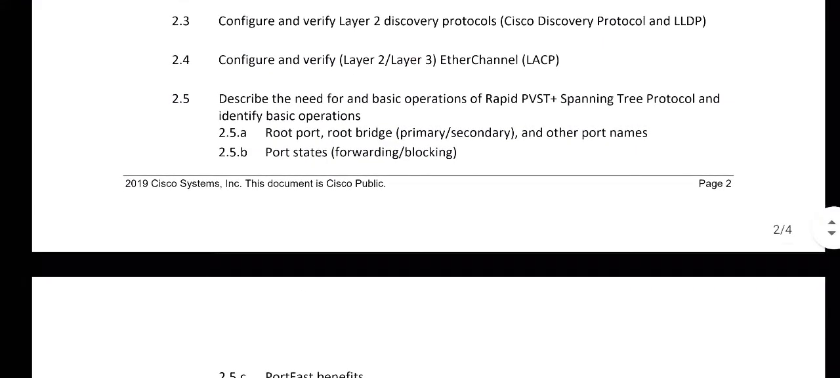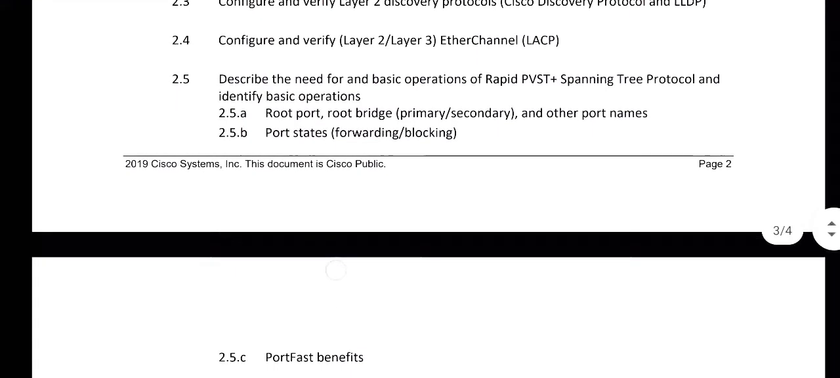So LACP, that's what helps us do that, and that avoids the problem of loop creation, because we also have another problem. That's why we have that other solution below that says describe the need for and basic operations of Rapid PVST and Spanning Tree Protocol and identify basic operations. So there, what it's saying there is,